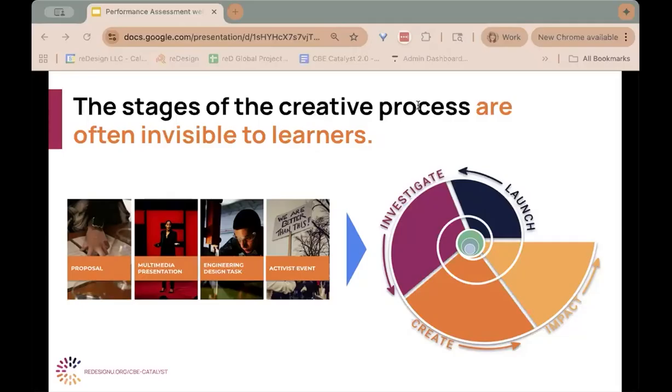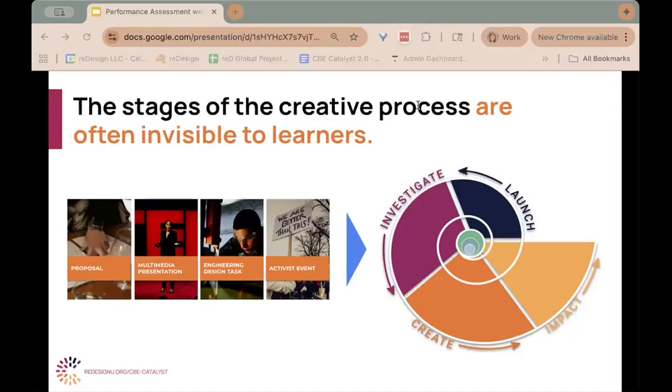This Nautilus image is our creative pathway, and it's a visual framework that reflects the concepts in a design cycle, but it's specifically grounded in the learning sciences and in child and youth development research.